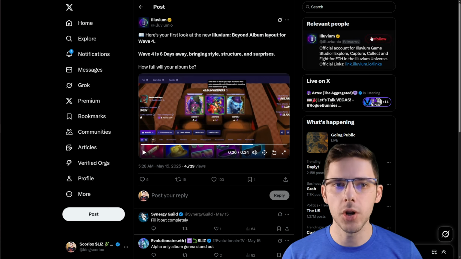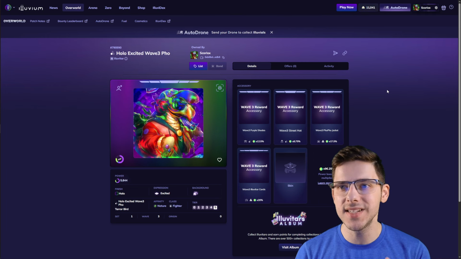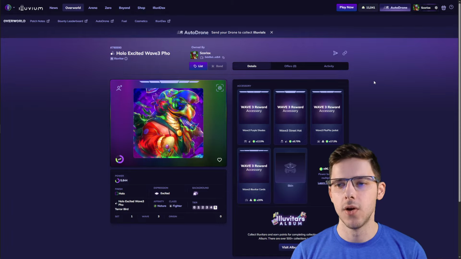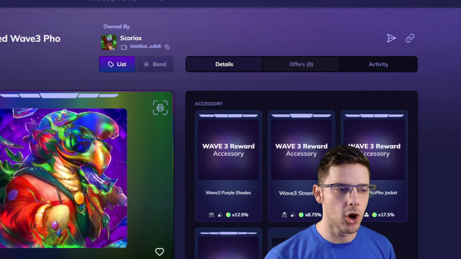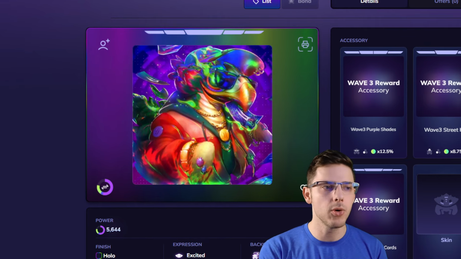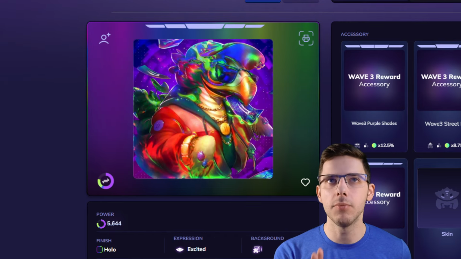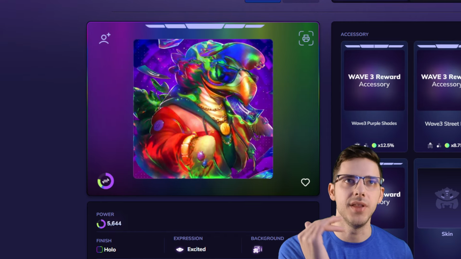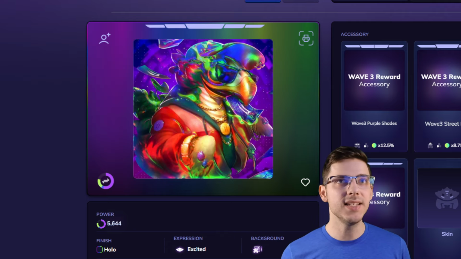The big thing you want to manage is you actually want to, at minimum, exceed the guaranteed Illuvitars from points, okay? For example, this is an Illuvitar we got in the last wave. If you got a certain amount of points, and I think a lot of people got this one, you got this Holo Excited Foe that you cannot bond, okay? So this is the maximum power this Illuvitar will ever be. Cannot be bonded, cannot be improved. It is sitting at about